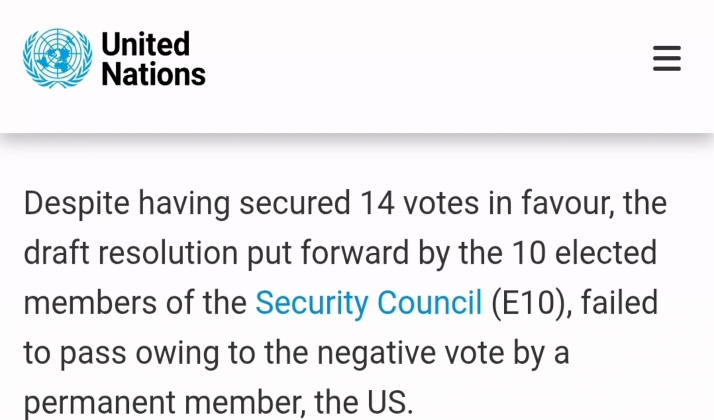there are 15 states of the UN Security Council. 14 of them voted for a ceasefire, and there was only 1 state that vetoed. It was the United States that vetoed the whole process for the ceasefire in Palestine. The Organization of Islamic Cooperation, which was established in 1969 in response to an attack on Al-Aqsa Mosque in Jerusalem, failed to convince the world